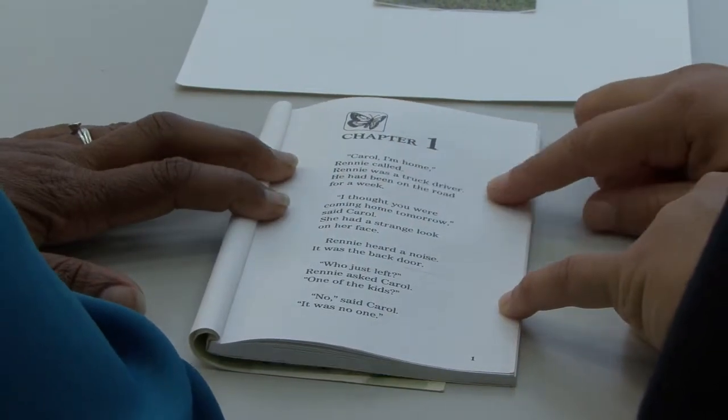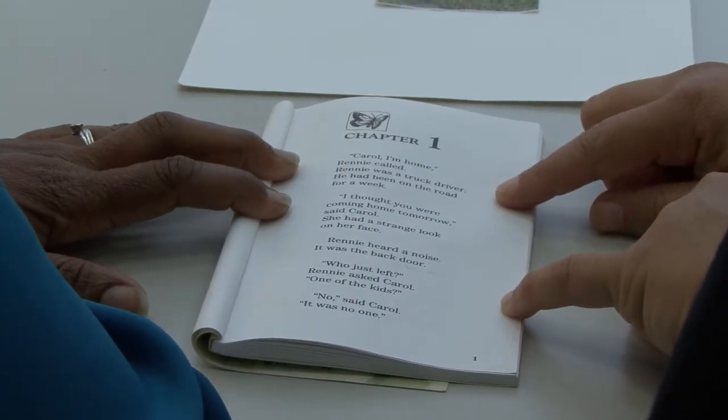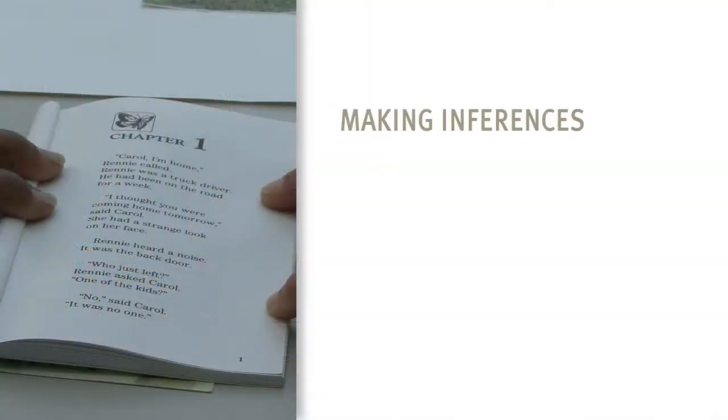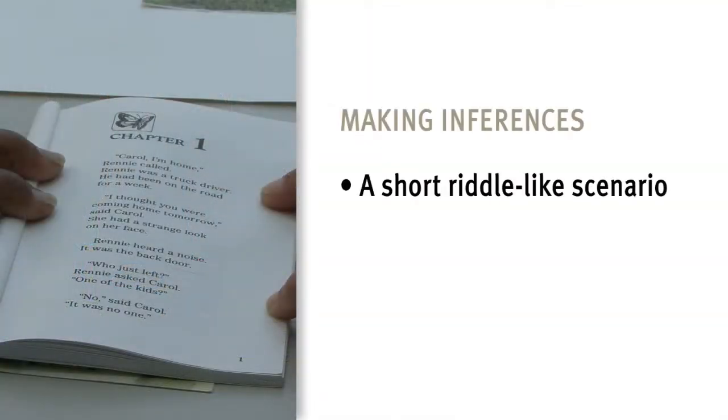while reading. Making inferences, or reading between the lines, requires a person to gather clues from a story and put it together with personal knowledge in order to draw more complex meanings from the story. In this clip, we will see 3 ways to practice making inferences: a short, riddle-like scenario, an evocative image, a